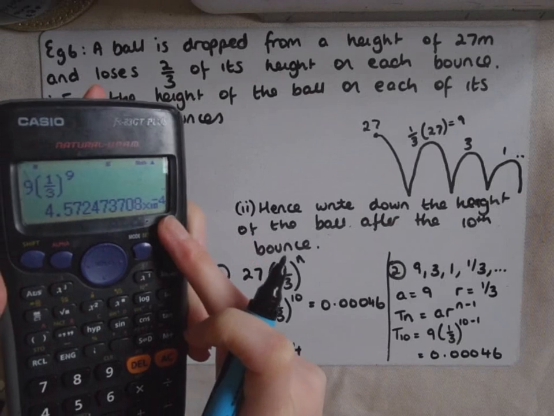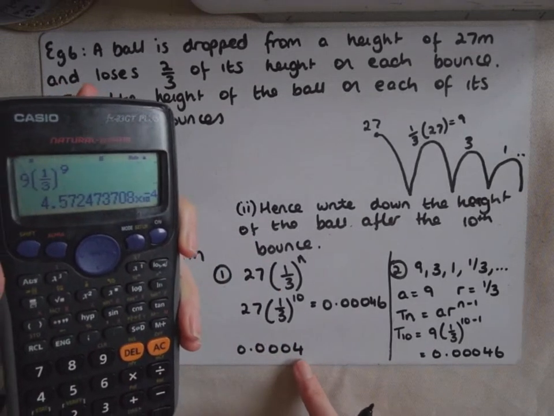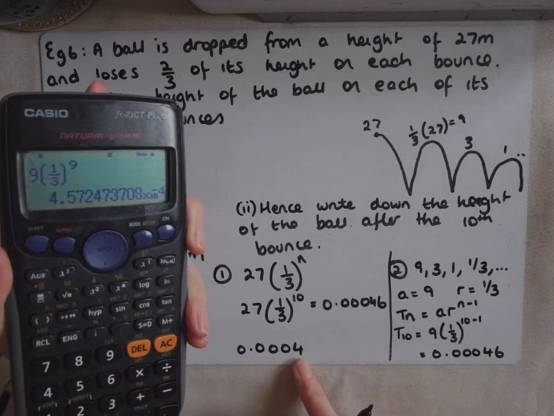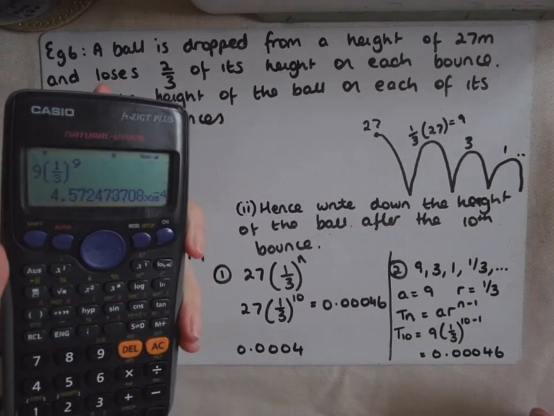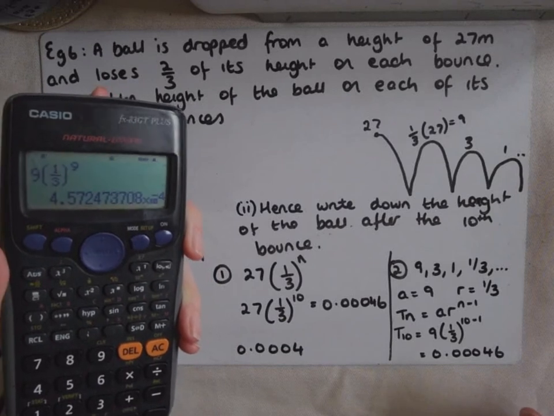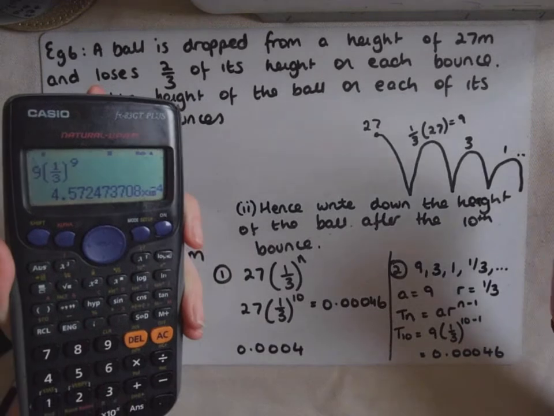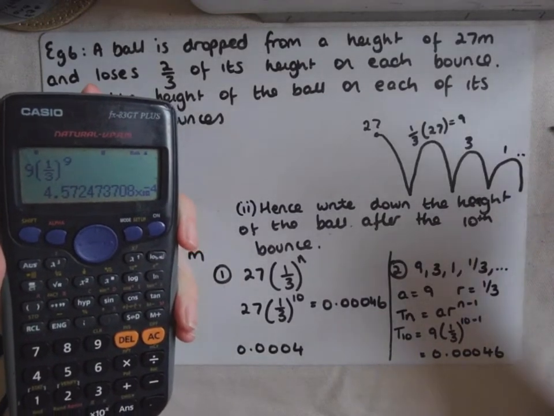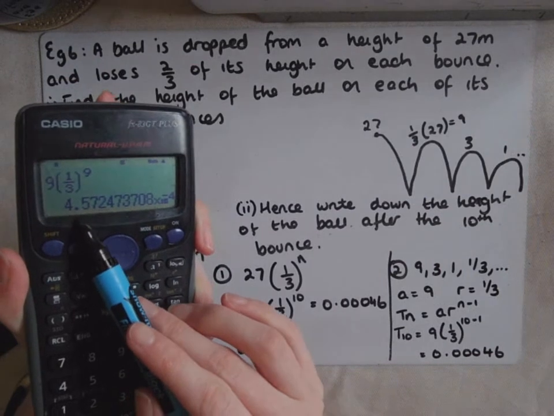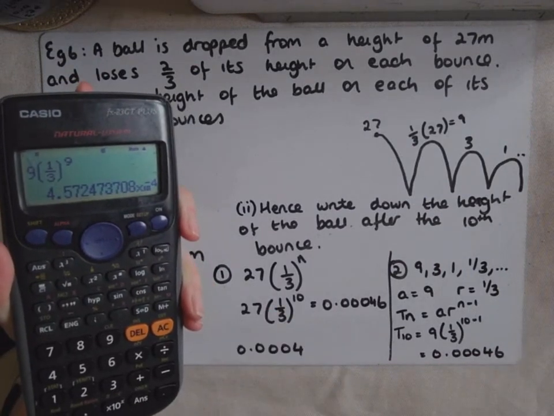You've got 3 zeros and then the 4. We haven't done it yet. Well, you did it in junior cert, but that's standard notation. So if it was 10 to the power minus 5, it would be 4 zeros and then the 4. Alright? If you left your answer